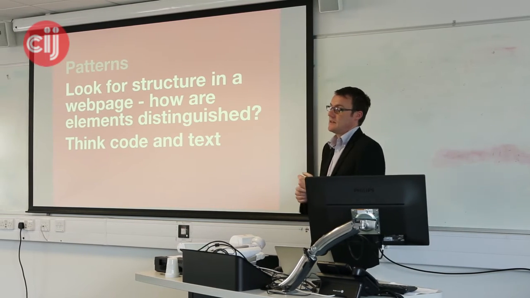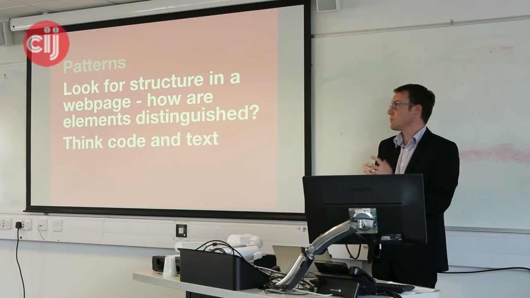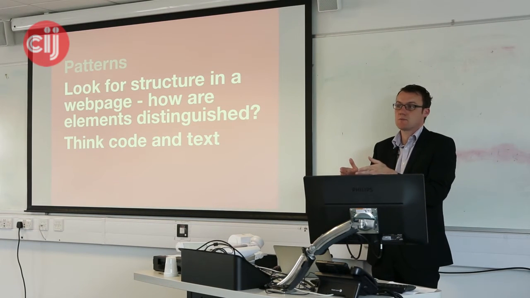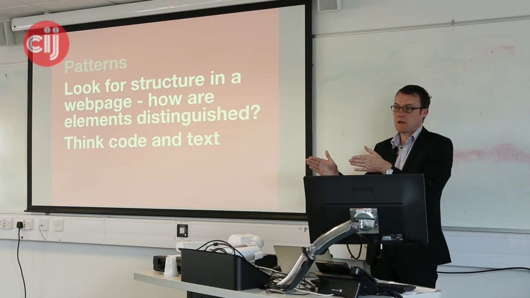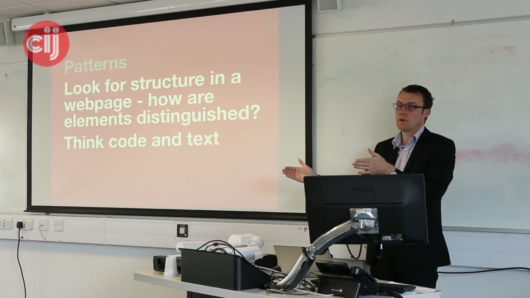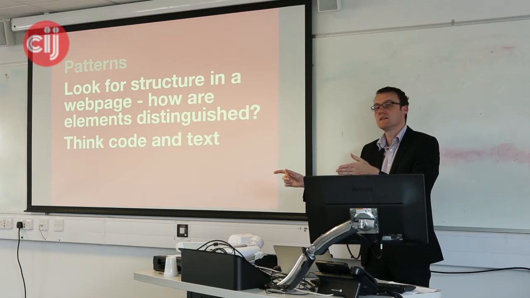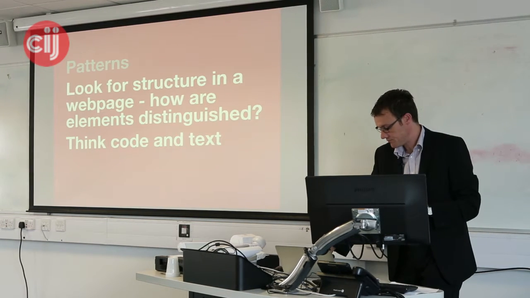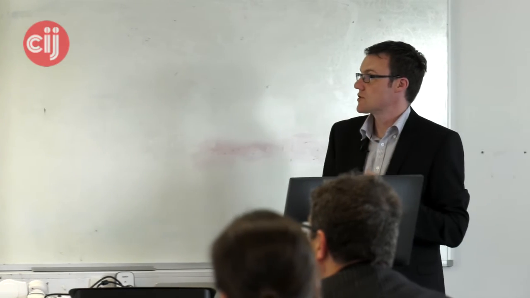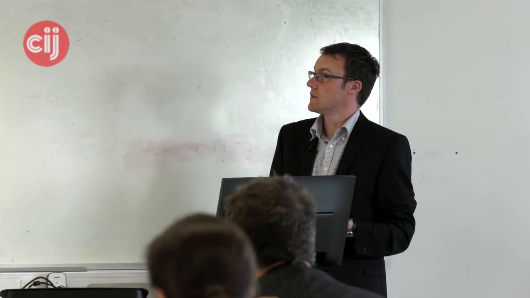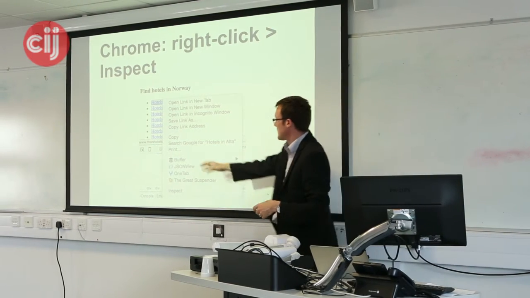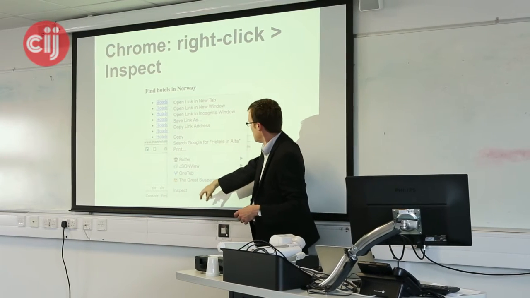Sometimes it's a pattern in terms of, for example, if you wanted to grab the date, and the date is always 1 or 2 digits, followed by a space, followed by a word that begins with a capital, followed by a space, followed by 4 digits, which is a year. And you can describe that pattern to your scraper. One really useful tool for looking at these patterns is the inspector or developer tools in Chrome. So if you right-click on your page, you right-click on a particular thing that you want to grab, and you select